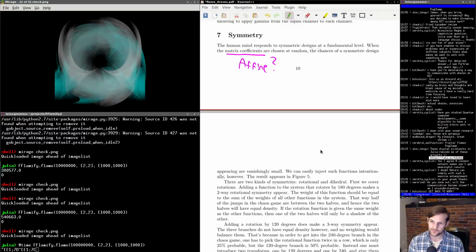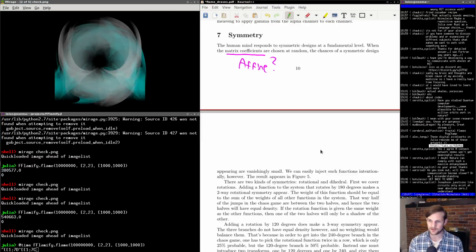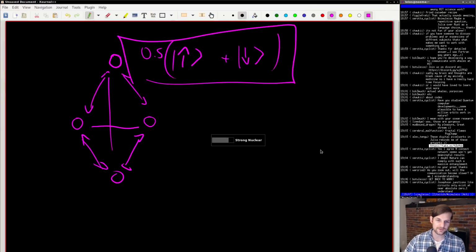As you zoom out, will the communication become slower, or am I misunderstanding? Let me see. I don't know. You're talking about this diagram in here. Okay, so the truth is, if they're properly entangled, the communication between